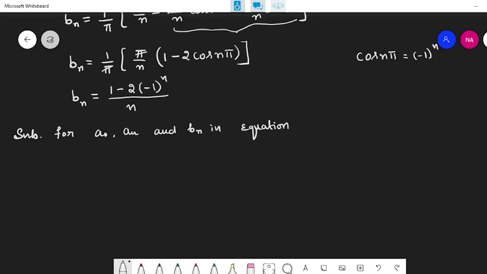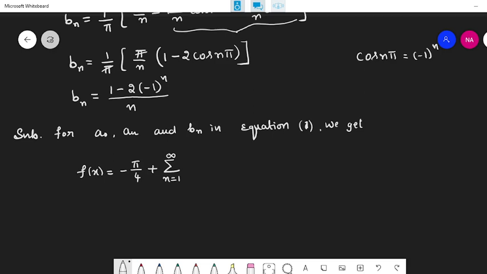Substituting a naught, an and bn in equation 1, we get f of x equal to a naught, what is a naught, minus pi by 2, but I want actually a naught by 2 here, right? So it will be minus pi by 4 plus summation n ranging from 1 to infinity, an value I have to write,